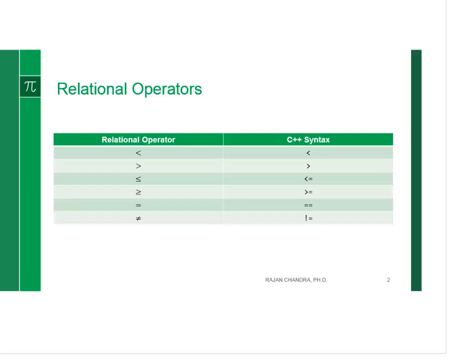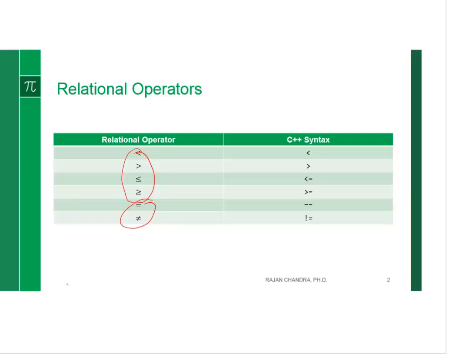The first category of operators are called relational operators. They find the relative magnitude between two quantities. The second category is called equality and inequality operators. But these operators always give you a Boolean answer, which means it could be true